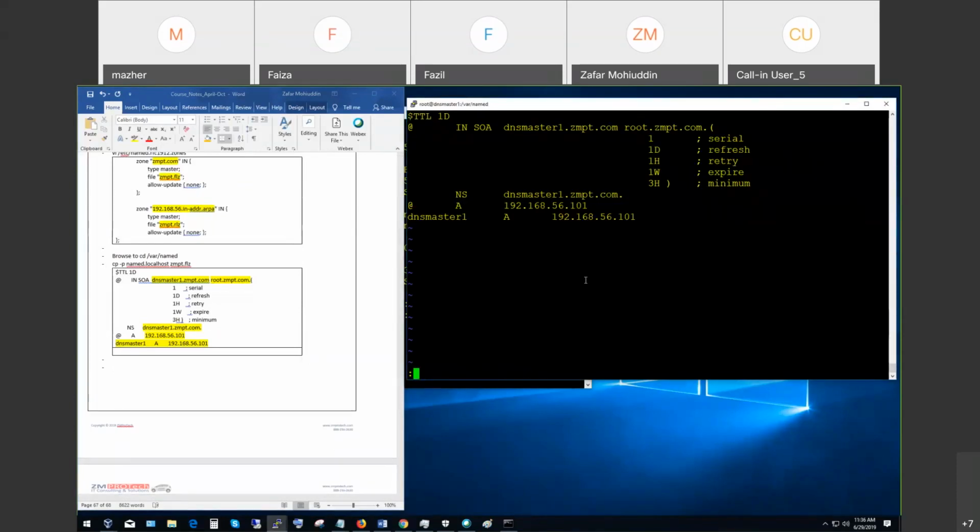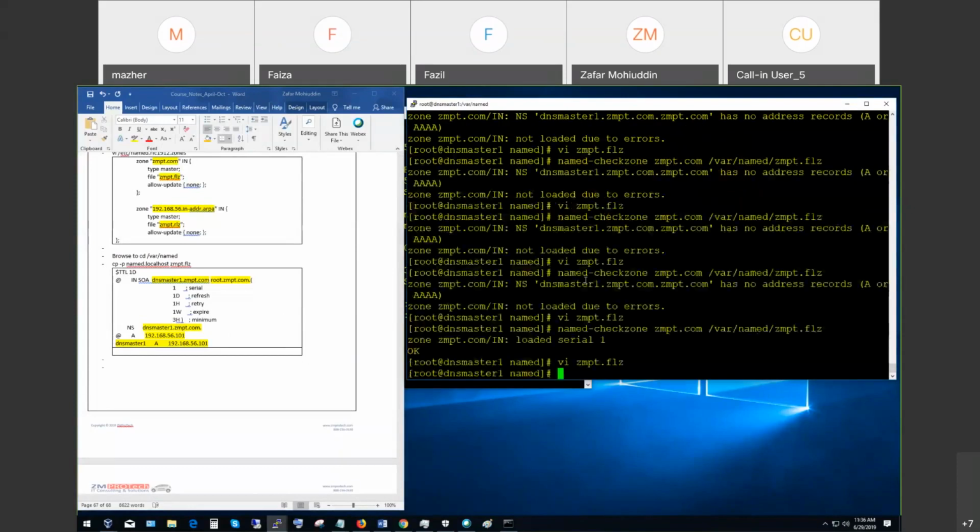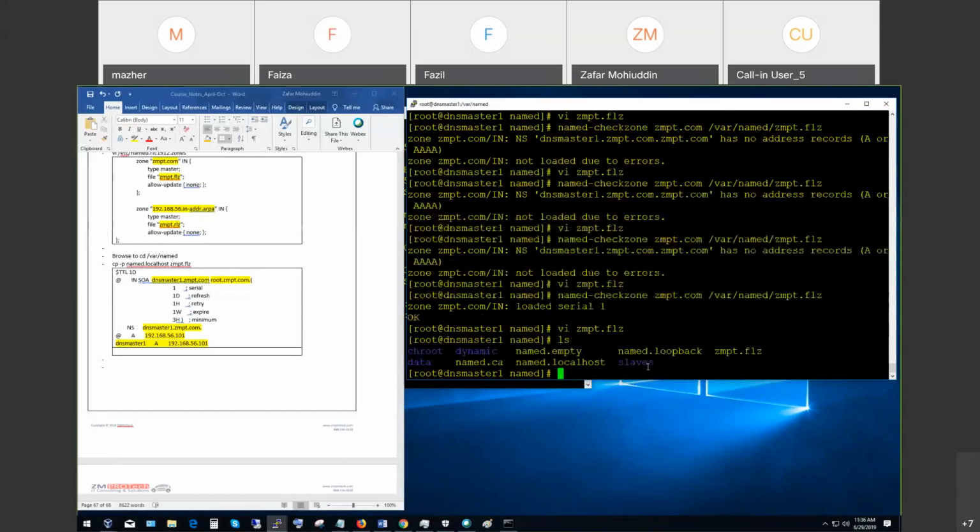And what we need to do is we get out of here, and then we set up a forward lookup zone, right? Now what we need to do is set up a reverse lookup zone. So we're going to copy this file again, cp -p, and then the file name, and then what we're going to do is